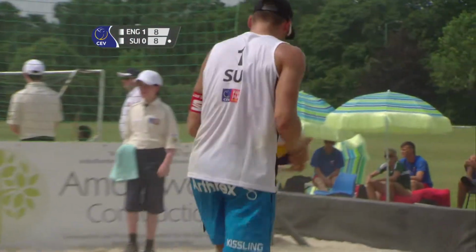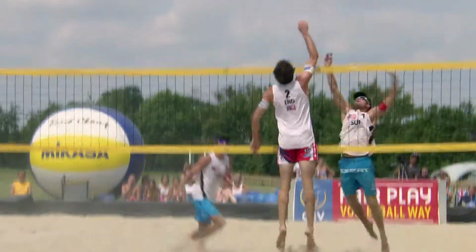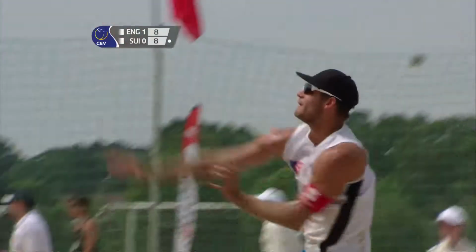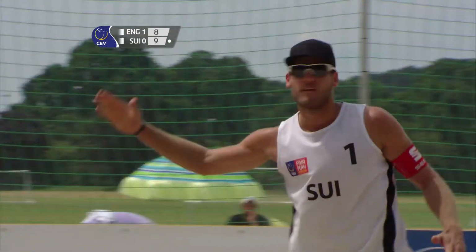He's gone into Swiss airspace without first getting clearance from air traffic control. You've got to let this ball come across the net. And just a little impetuous there from Gregory. But we'll let him off. He's been brilliant for most of the game, but he's been given a bit of a roughing up here at the moment